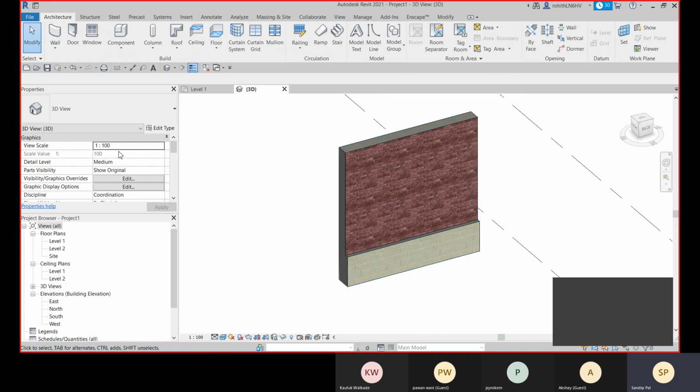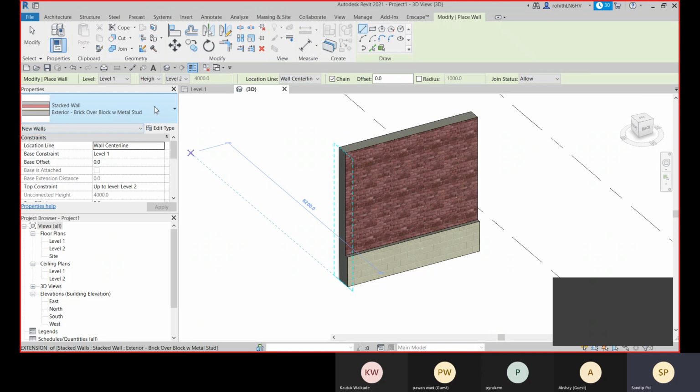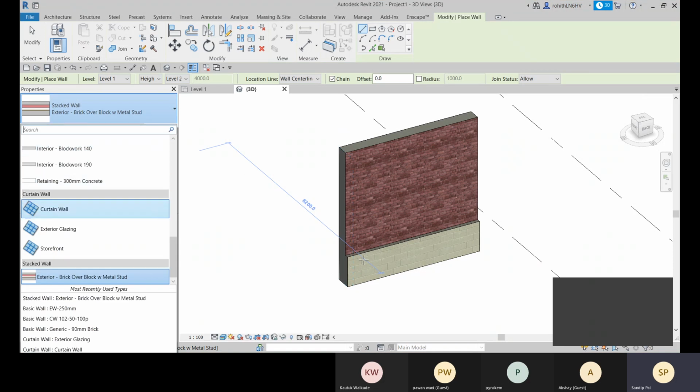So let me place some wall. Let me go to wall. WA is the shortcut. Before creating the stacked wall, we need some generic wall or compound wall.